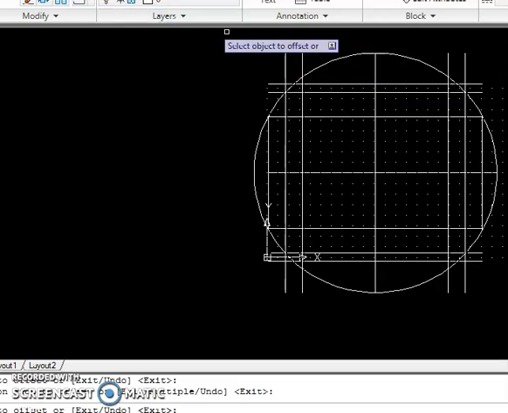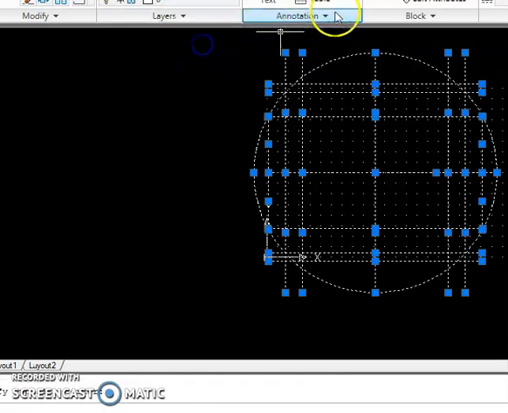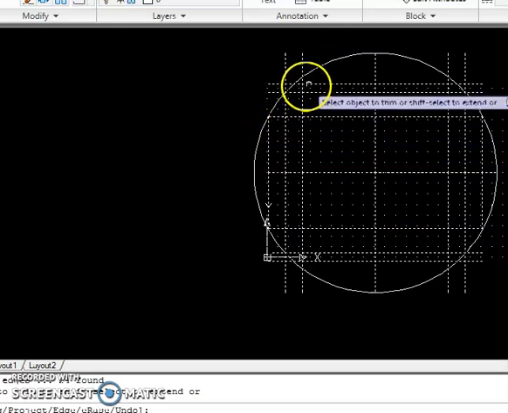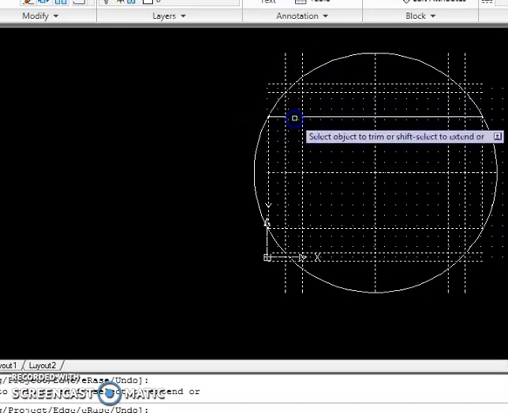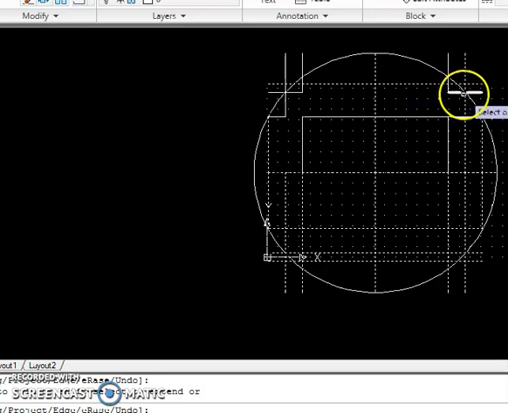Okay. So next what is remaining is to trim. For trimming, as I told, the best option is to select everything. After selecting everything, go to the trim option. Now what is remaining? See, this cruciform step is there, right? That is remaining. Rest of everything will be deleted. So this step is required, and it will come here, here, here. This is required. This is required. This is not required. This is not required. Not required.